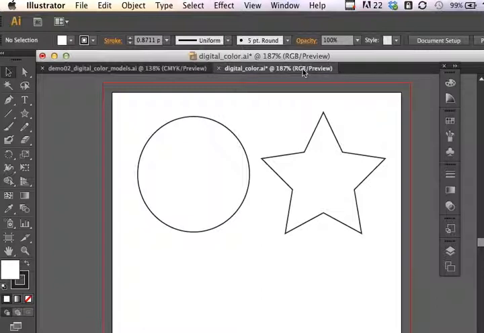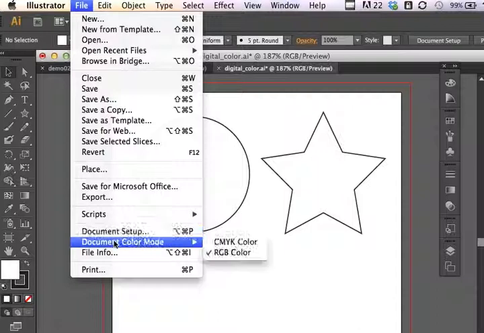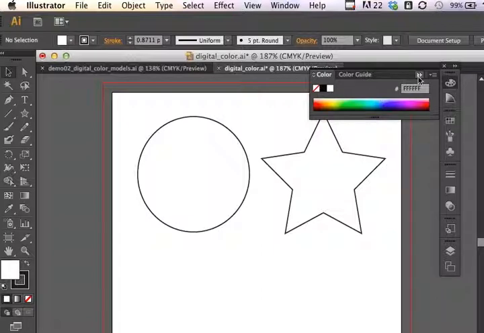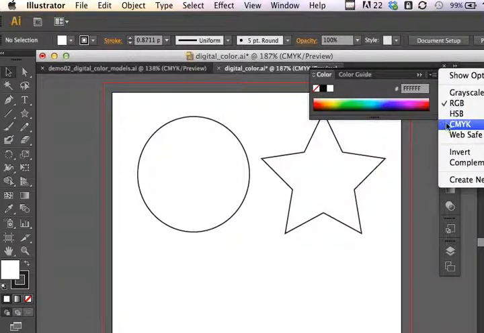If I wanted to set something up for print, because remember CMYK is working with printers, inks, and the way their printers are set up, I would want to go into File, Document Color Mode, CMYK color. So let's look at this color panel. Let's work in CMYK,